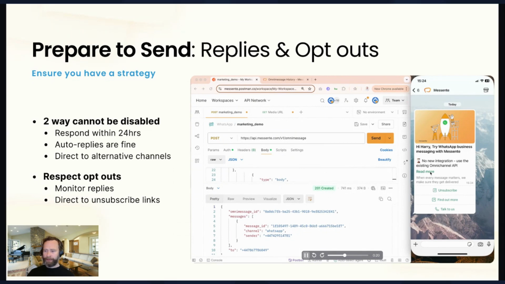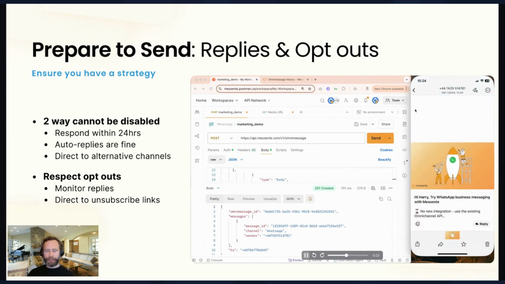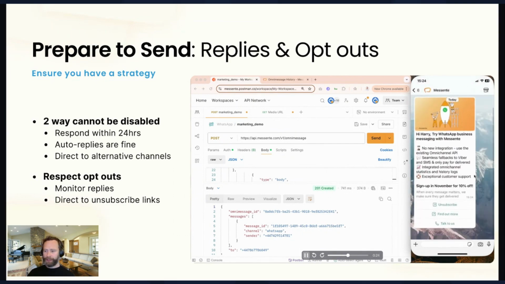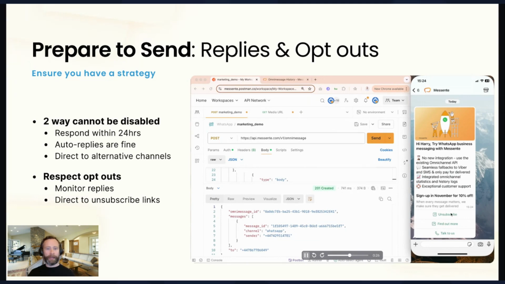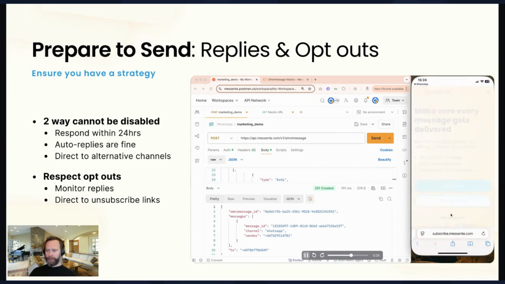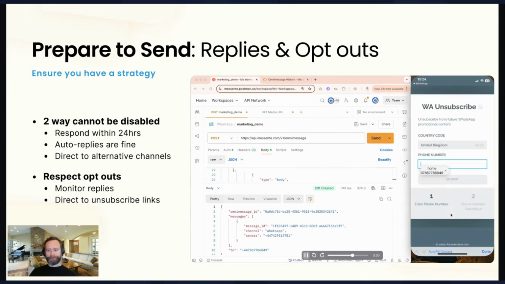I can then have a look at that message. I can expand to read all the content, zoom in on the image that's been provided, and then I've got my action buttons at the bottom. First up is unsubscribe. So here's where I've actually used the Messente subscription API, which gives you a form UI